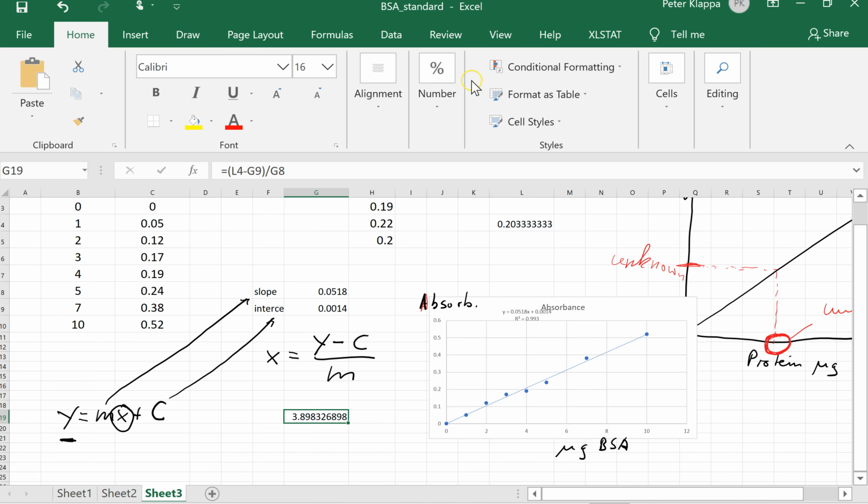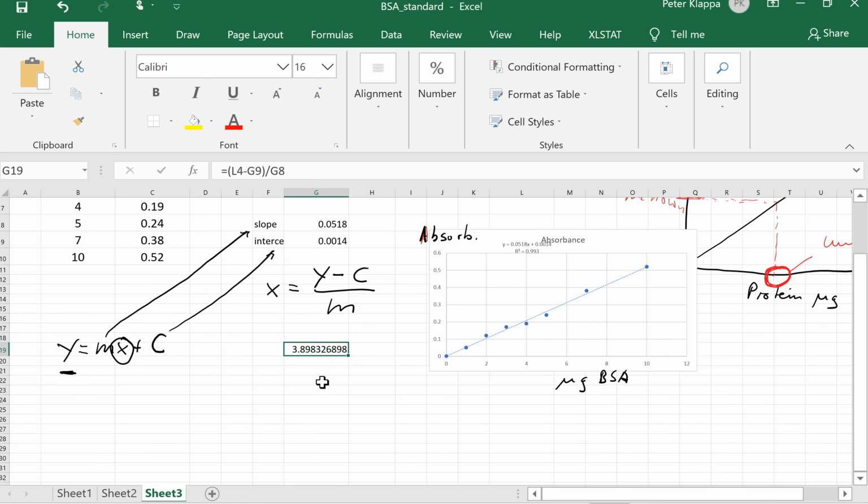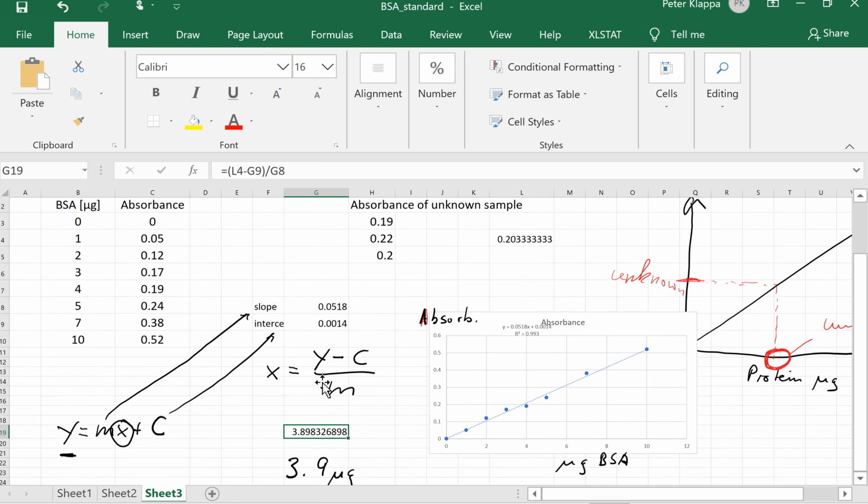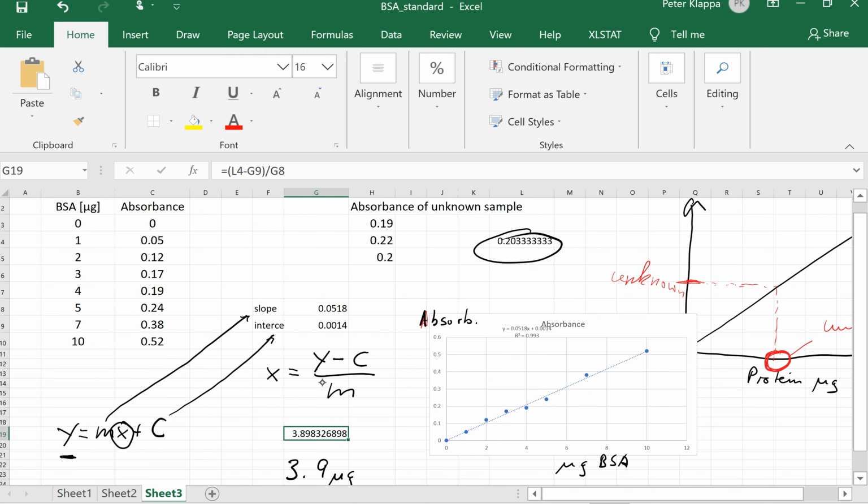Well, let's just simply say 3.9 microgram. So we have 3.9 microgram. So the absorbance that we had of 0.2